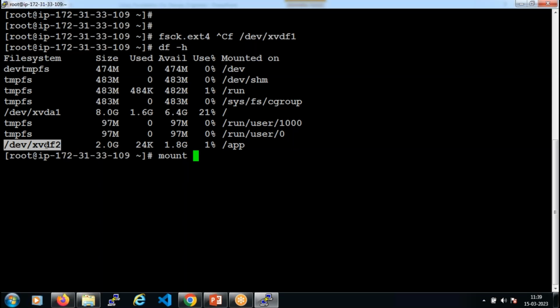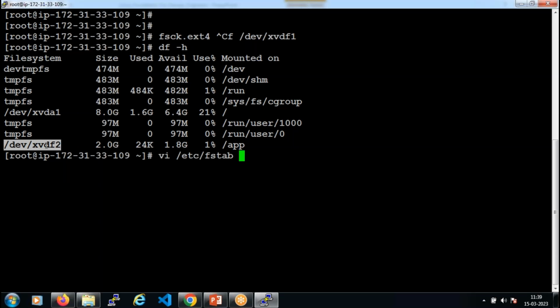As you know, if the volume is not mounted, obviously you cannot use that volume to store or access the data. If you are expecting your volume to be mounted automatically even after the system reboot, then you need to maintain the information of your file system in a configuration file called